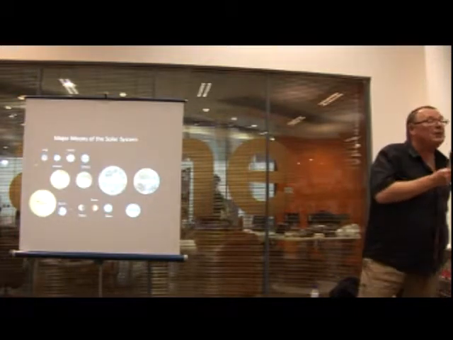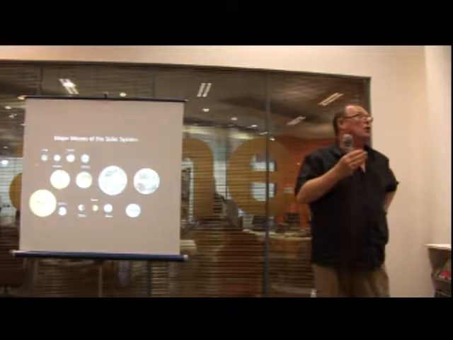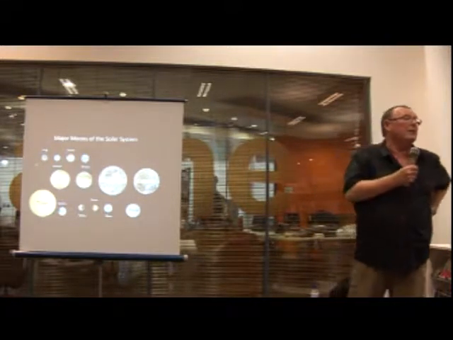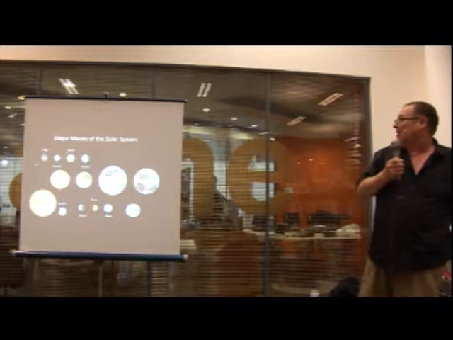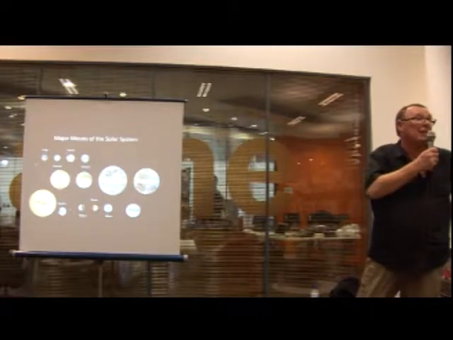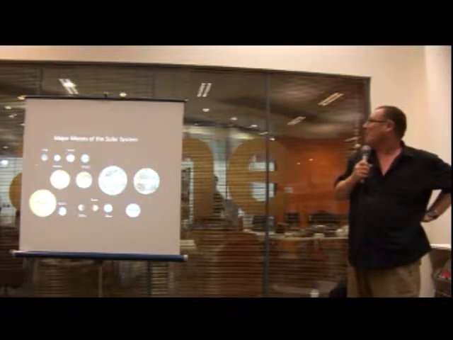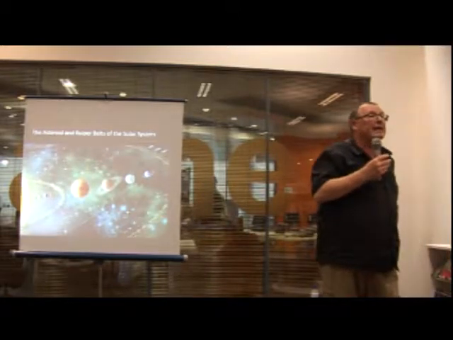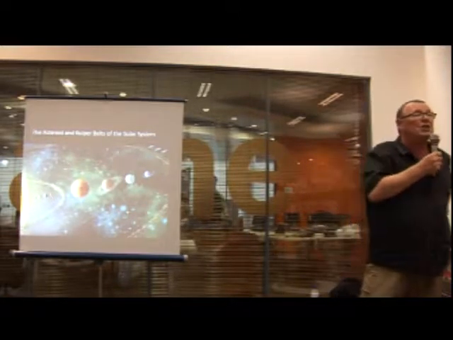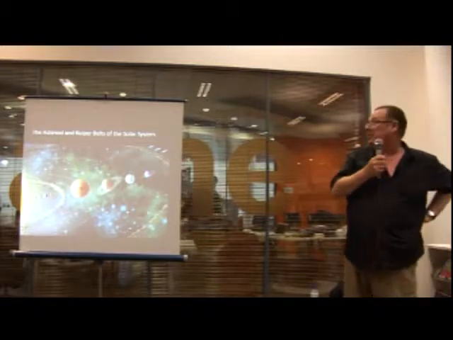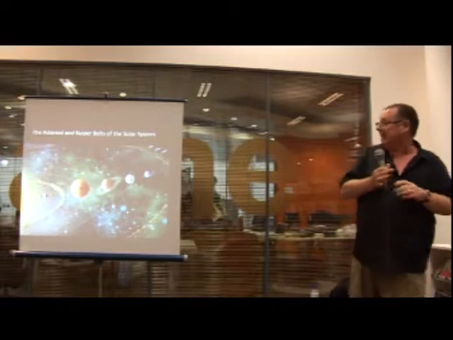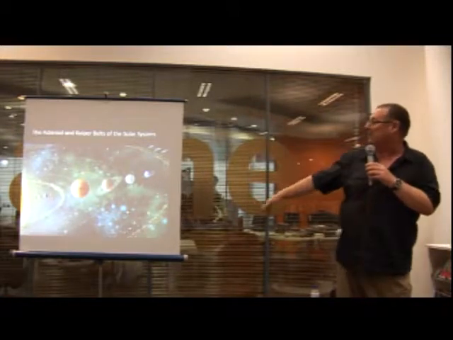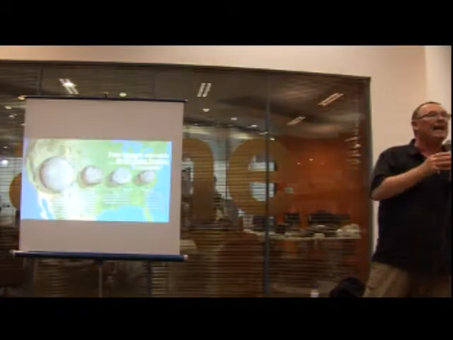In addition to the planets of the solar system, we have lots and lots of interesting moons, particularly around Saturn and Jupiter. Of course, we have only one single moon of our own. As well as the moons of the major planets, there are also two distinct belts within our solar system. The asteroid inner belt between Mars and Jupiter, and the outer Kuiper belt, another belt of rocks and rocky ice